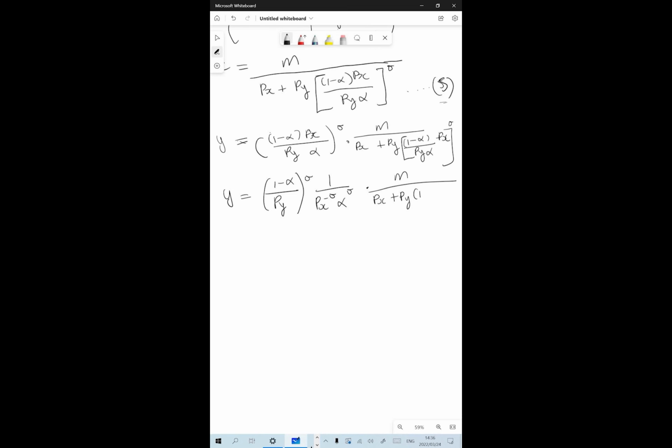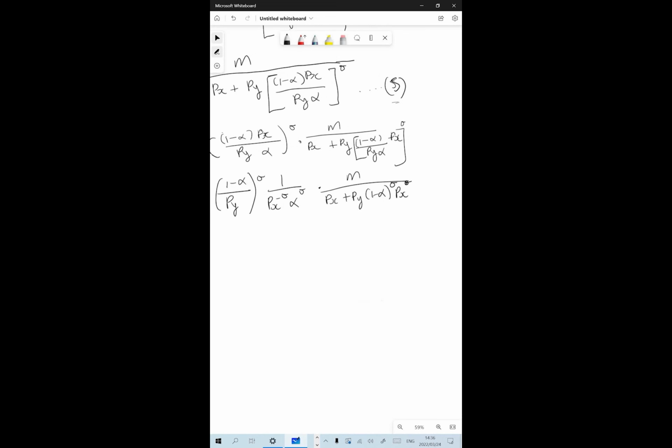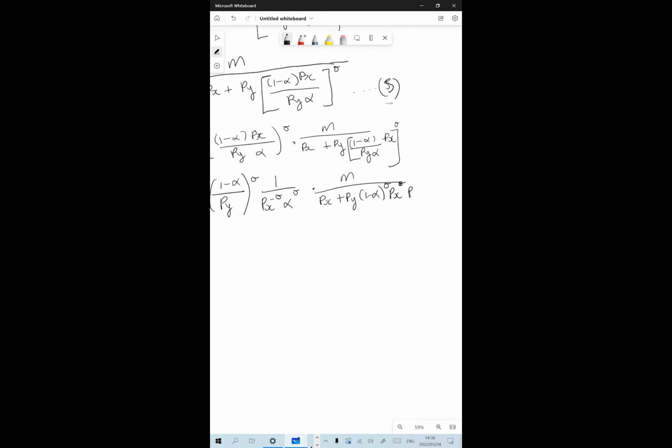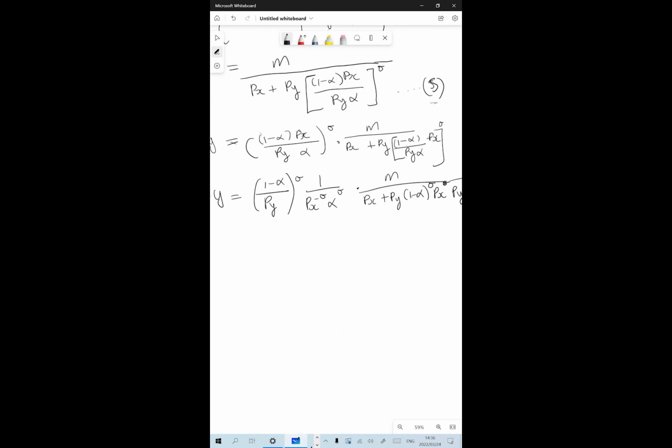We still have the 1 minus alpha to the power of sigma. The price of x is also to the power of sigma. The price of y, we're bringing it up, so it will be to the power of minus sigma. Alpha, we're bringing it up, so it's to the power of minus sigma. What we can do now is multiply out these two terms. So we have y, which is our Marshallian demand, a function of our prices and our income, will be equal to